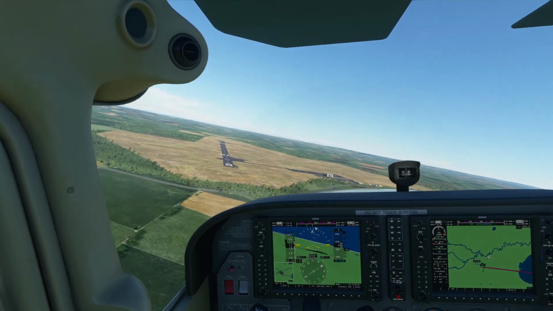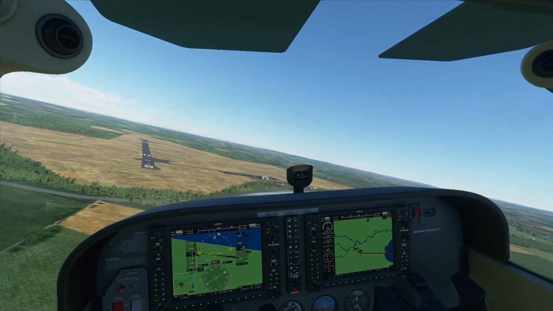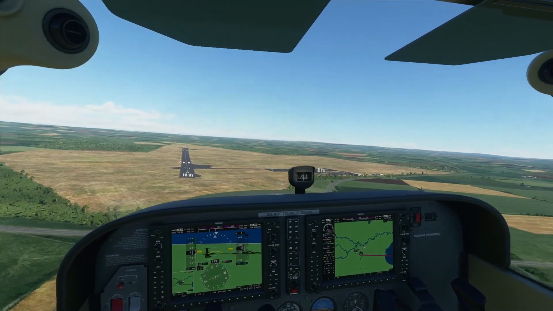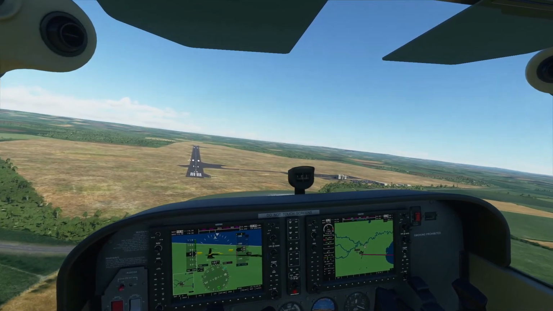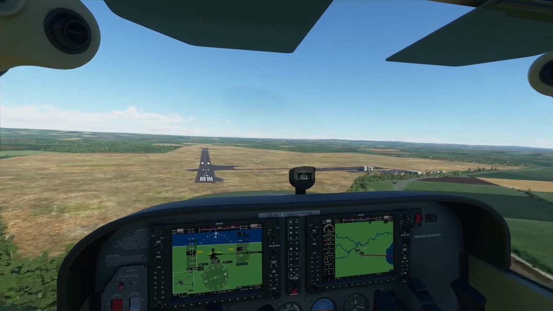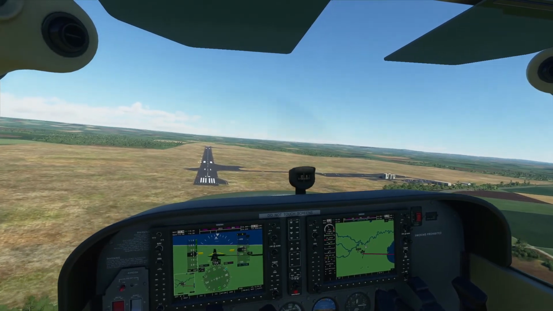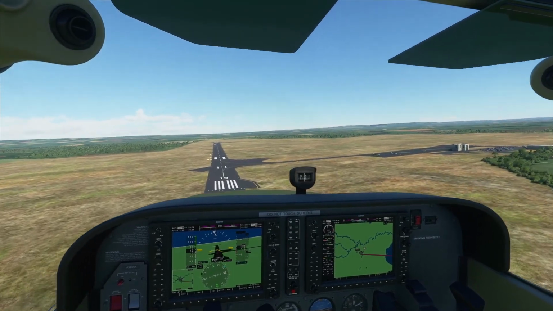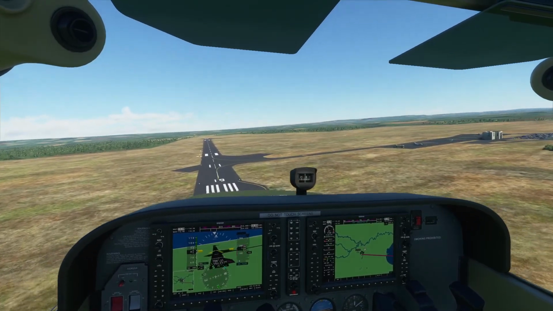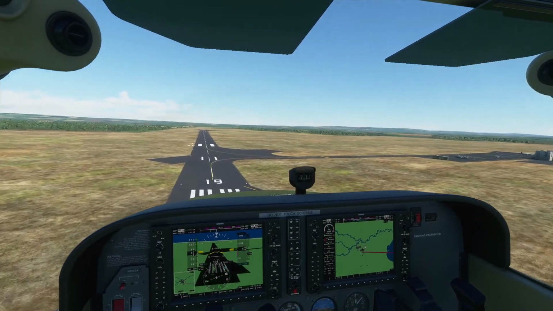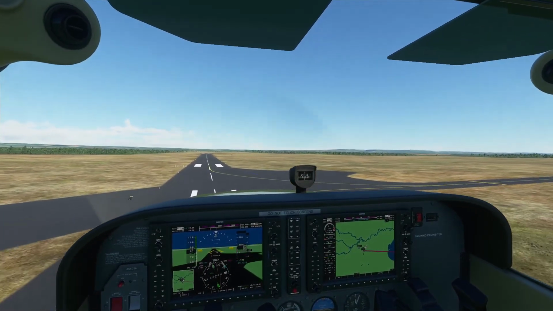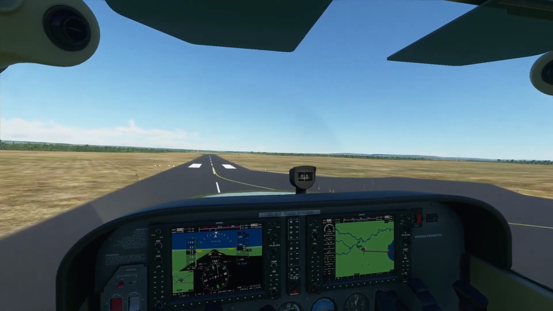All right, let's. Runway 1, that's 19, isn't it? So we're probably a little bit high here because we weren't expecting to come into this one, but we've got plenty of room here anyway, so we will bring him down a little bit, lose a little bit of altitude, and we will just glide in here